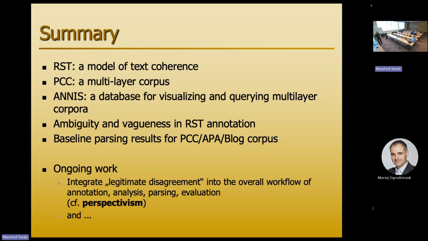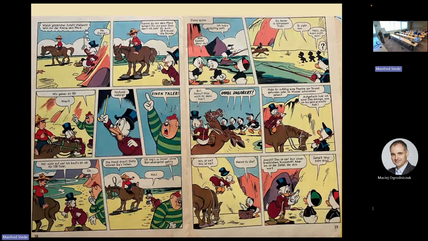And the last piece of ongoing work I just want to mention in case you're interested is this. I did text analysis for 25 years and it's really boring now. I don't want text anymore. So we have pictures. We teach a seminar now with clever students who like comics. And there are interesting questions for discourse structure. Is there coherence here? Or is coherence a concept that doesn't have anything to say? Is there coherence? And if so, where? Between panel and panel? Between panel and the text box? Is it between text box and text box, or everywhere or nowhere?